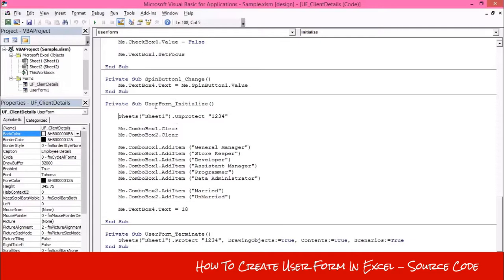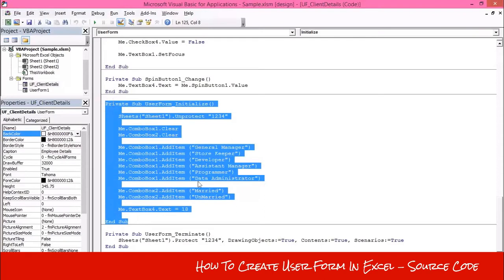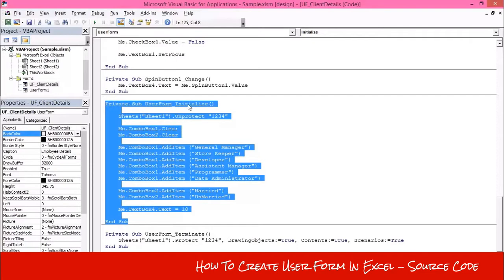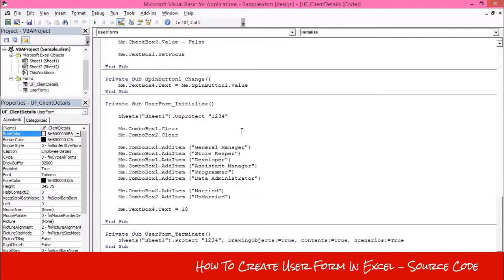So this is the event handler. When you double click on the user form, it will display. This is the event handler, and I would like to explain the event. Whole Visual Basic programming is dependent on events. That is why it is called event driven programming. So what is an event? An event is an action that a user will take to